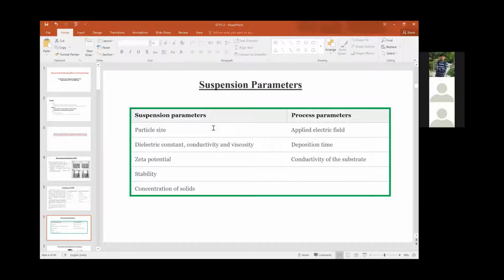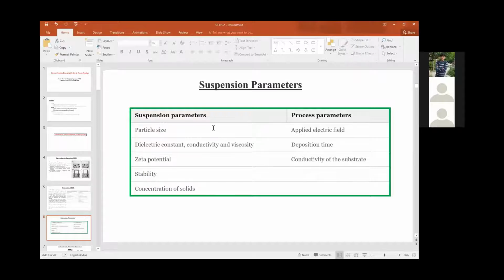And also the viscosity and the dielectric properties. If the material is too viscous or too low in viscosity, then the deposition will not be uniform, and in that case we need to take care of the deposition time. And zeta potential is a chemistry-related concept.